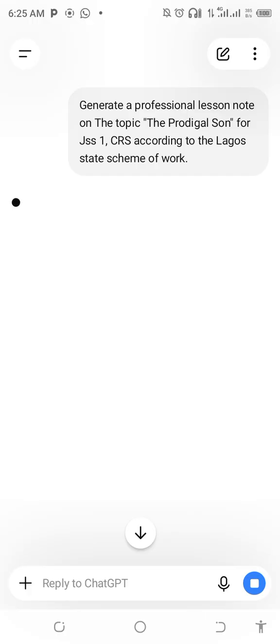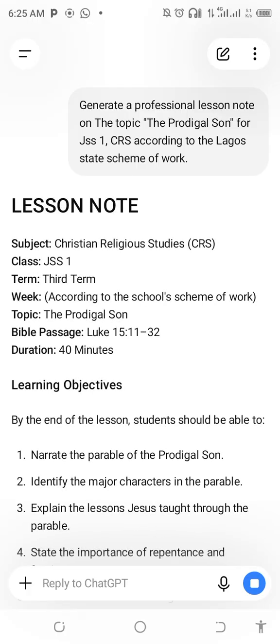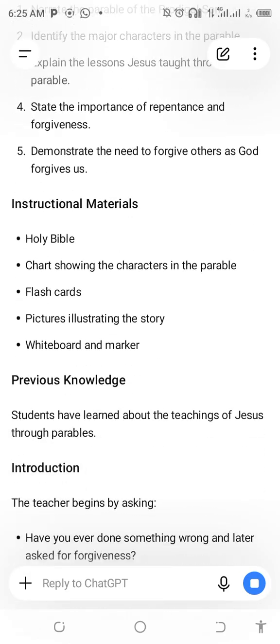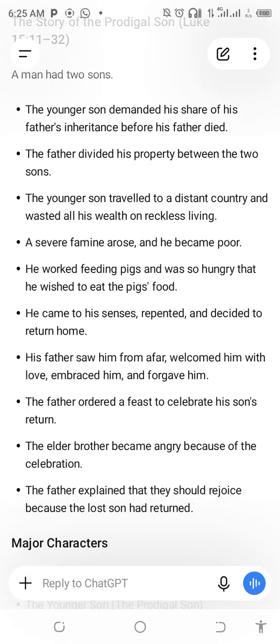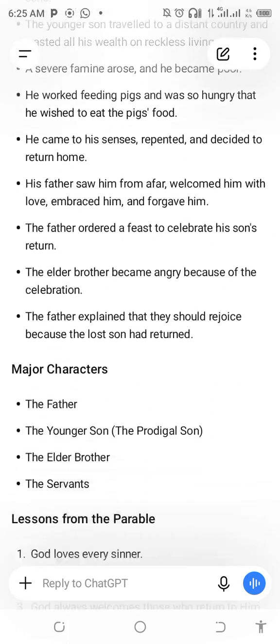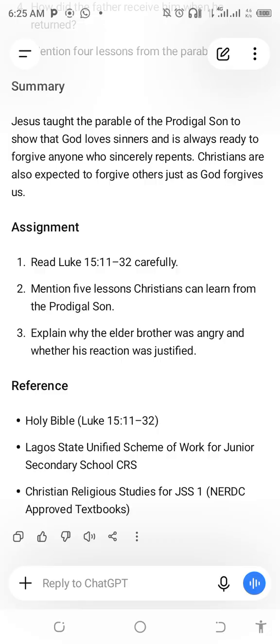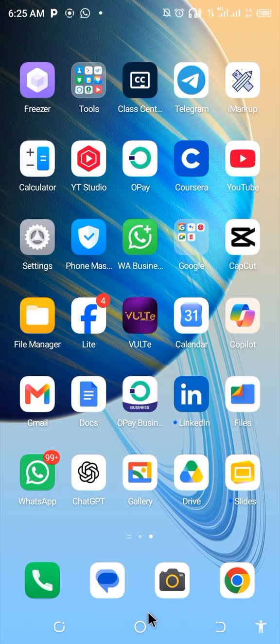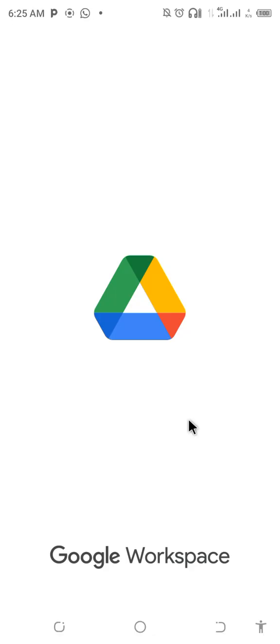Now, when you create lesson notes like this, you can't just throw them away because you will need them all the time. You copy them, you take them. So we are going to copy. And once I've copied, I'm going to leave AI totally, leave ChatGPT, and go to Drive. In my Drive,